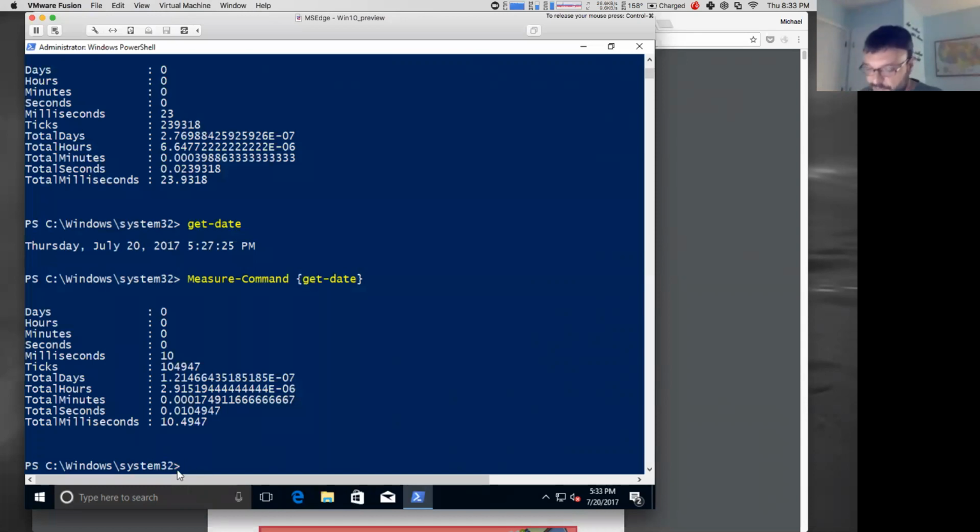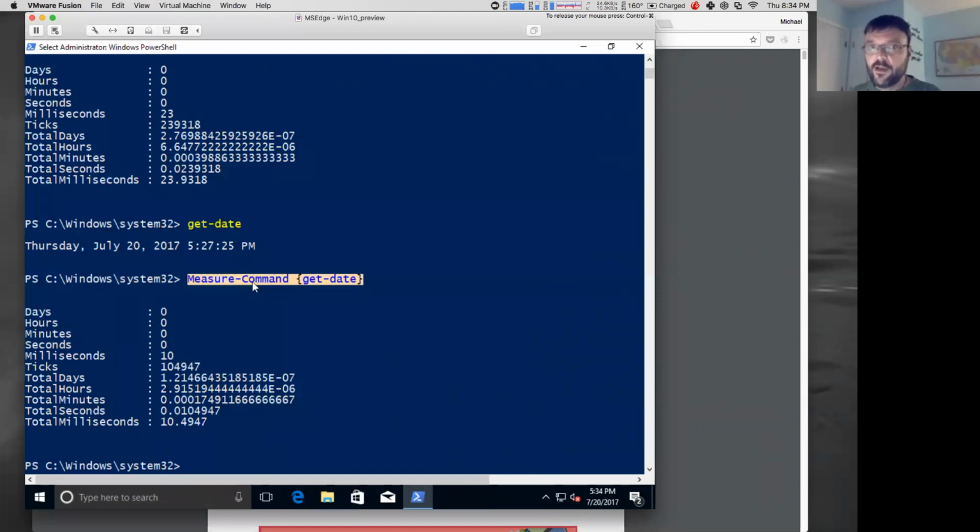The idea is, you can have cmdlets, you can have functions, you can have other items that take script blocks. So what I showed in this little example is I'm running a command, Get-Date, as a script block, and then I'm measuring how fast it ran. I could do other things too, like check how much CPU it took in terms of